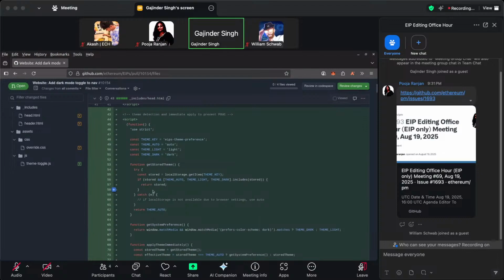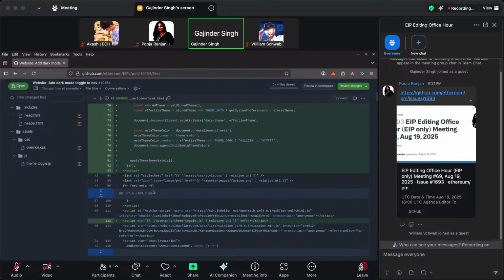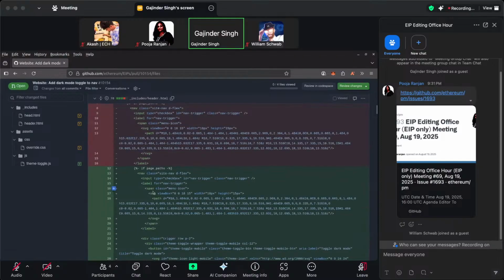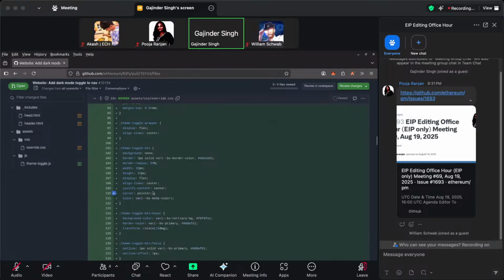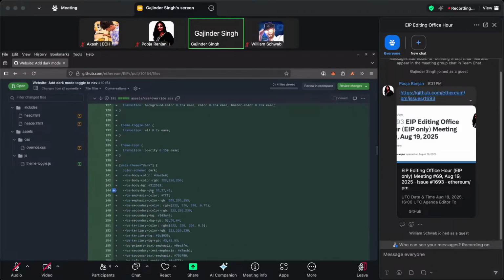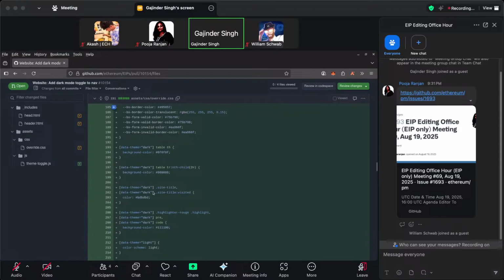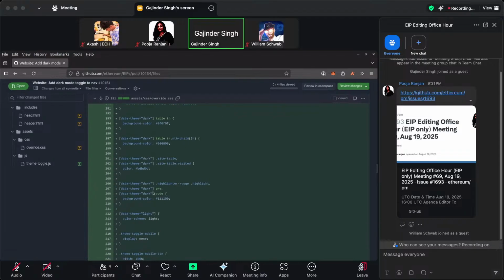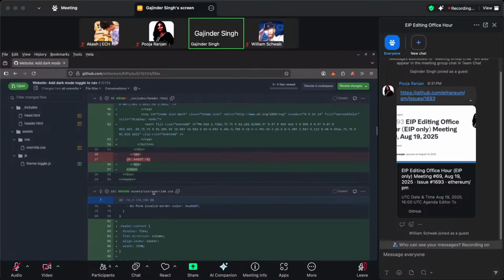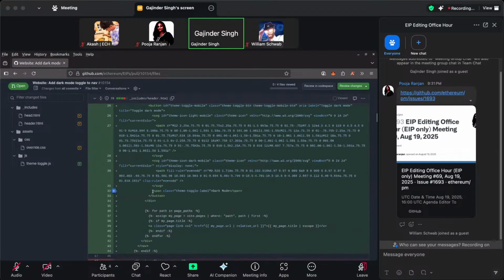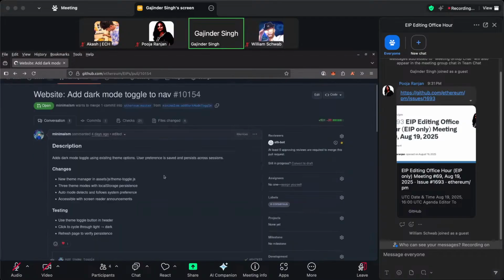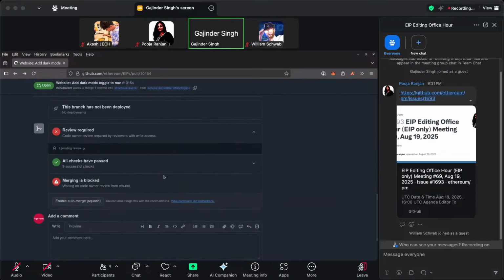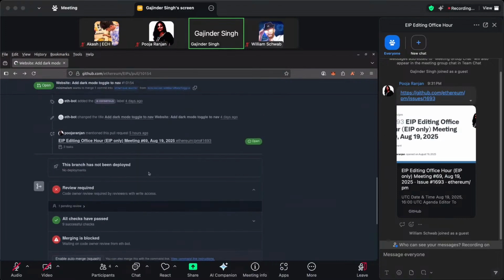Yes, so this PR came up before as well, and I was like, okay, do we want this functionality where people can toggle? Because right now, I think what we have added is that the theme will be automatically adopted from your browser theme. But in any case, this looks like a more involved PR, and I would first let Sam take a crack at this and see whether this works.